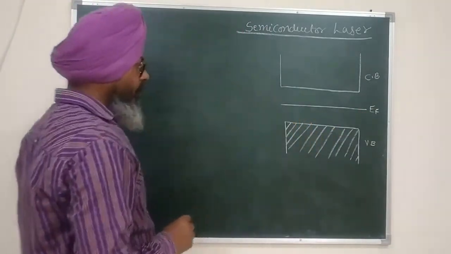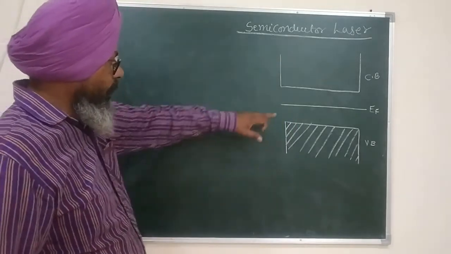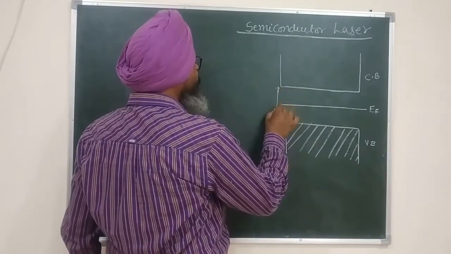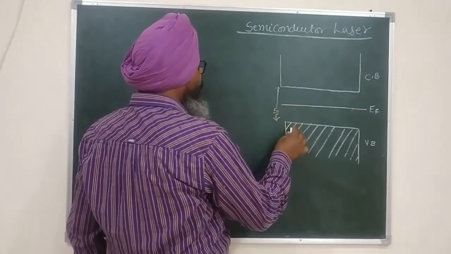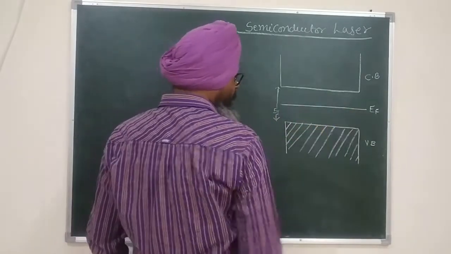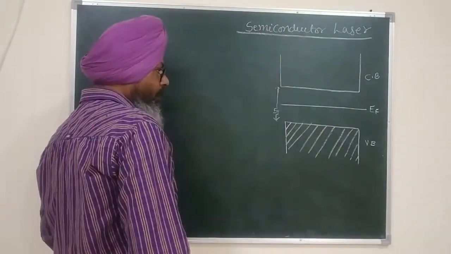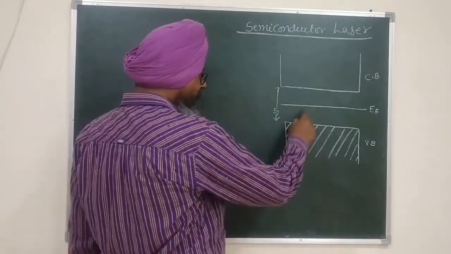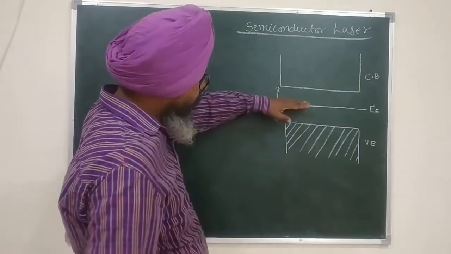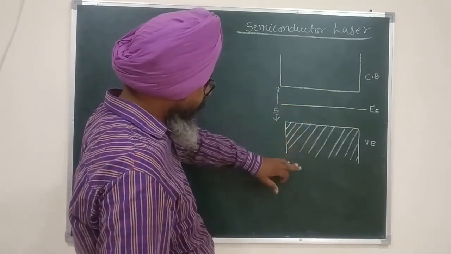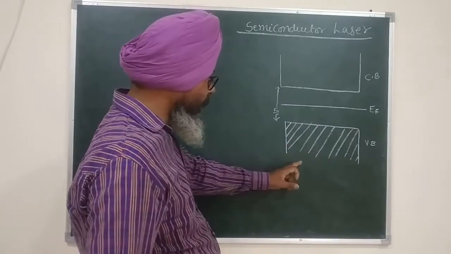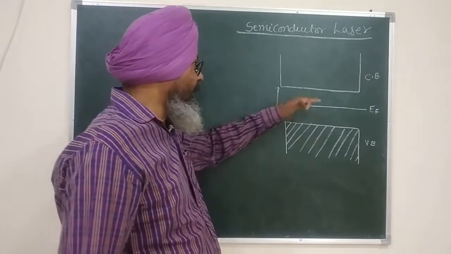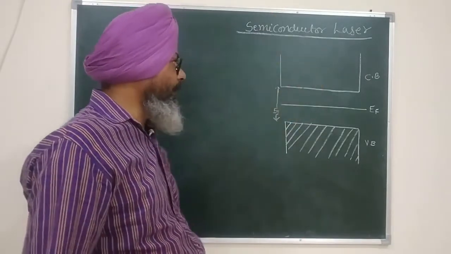This is the Fermi level. Kindly remember, this is the energy gap, EG, and there is no energy state in the energy gap for a pure semiconductor. For a pure or intrinsic semiconductor, the Fermi level lies at the middle of this energy gap, and all energy states below EF are filled, which I have shown by shading. Kindly remember that a band is nothing but a collection of a large number of energy states, and above the Fermi level all the states are fully empty.